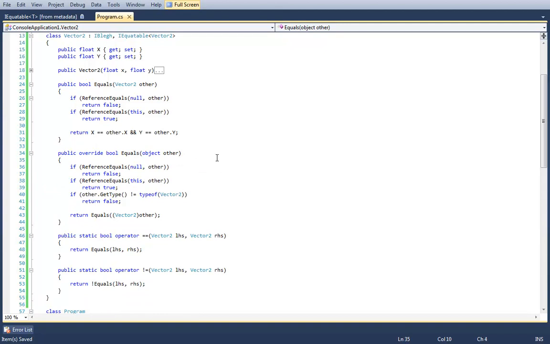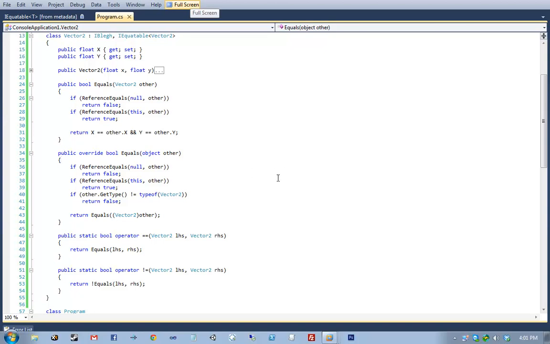Now here we're dealing with a Vector2, and it's fairly straightforward. Equality means that the x value is the same for both, and the y value is the same for both. If you had a car that had a particular size of engine and was left or right hand drive and had 3 or 5 doors, then each of those things, essentially every variable that is important when you're considering whether two things are equal, you need to include in line 31, for want of a better way of putting it.